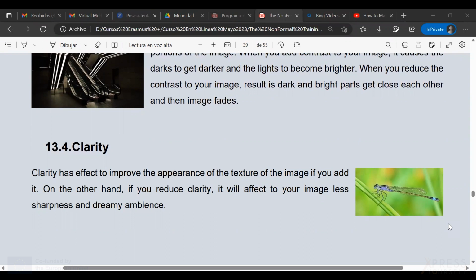So if you reduce clarity, it will affect your image by being less sharp with a dreamy ambience. So playing with clarity is playing with the appearance and creating atmosphere in your photographs, as it will be more detailed or less detailed depending on how clear it is.